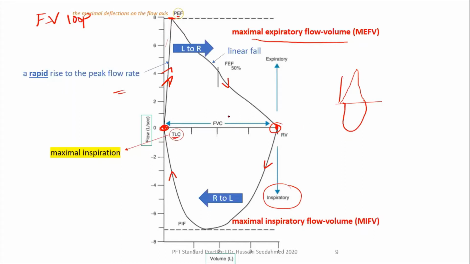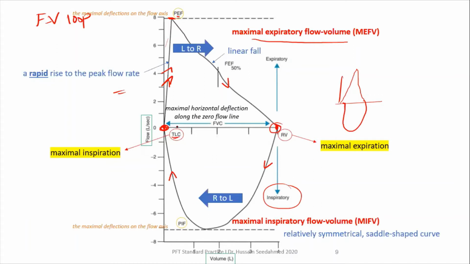Now we go from the residual volume, because now you are going to ask your patient to inhale rapidly back to the maximum. That is the maximal inspiration. Here also we have the peak inspiratory flow. Now this horizontal line between the residual volume and the TLC is the vital capacity or the forced vital capacity. At the midpoint,